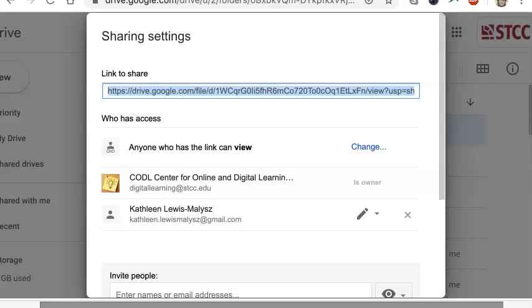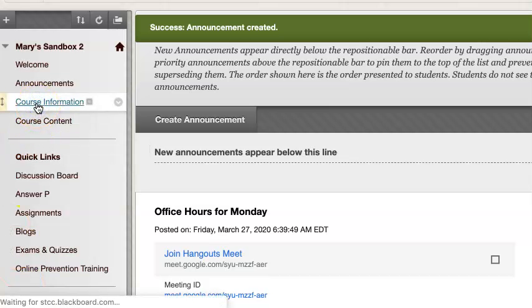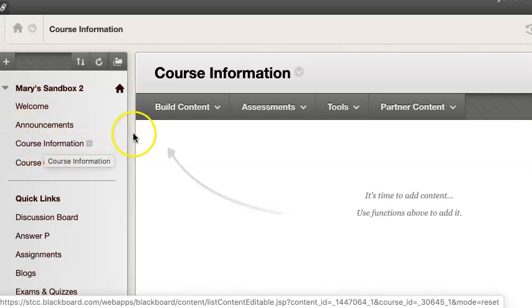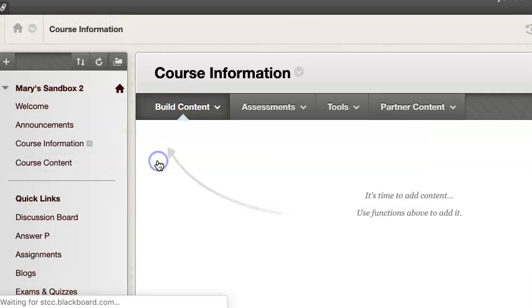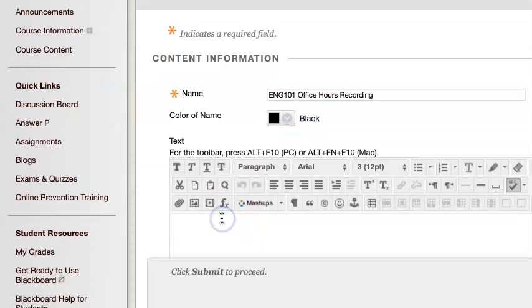So we'll go back to Blackboard. So now I'm back on Blackboard. I'm going to go up to my course information because you want to keep this information pretty high in the navigation for your students. And you're going to go into Build Content and build an item. I'm going to call this my EDG 101 Office Hours Recordings. Make it a title that will be understandable. I'm going to call that one March 30th, 2020 Office Hours